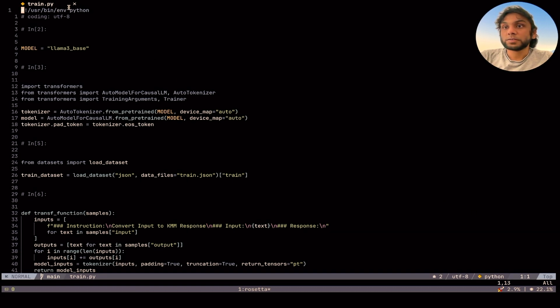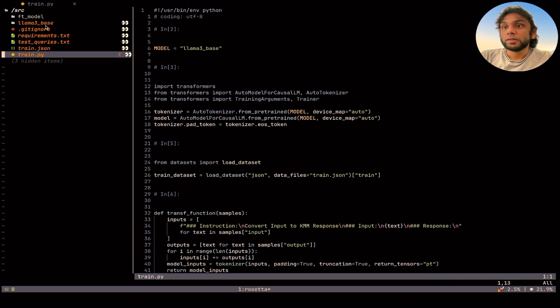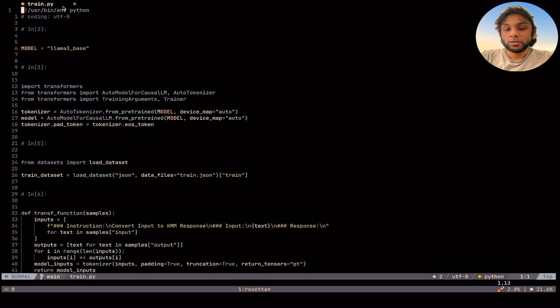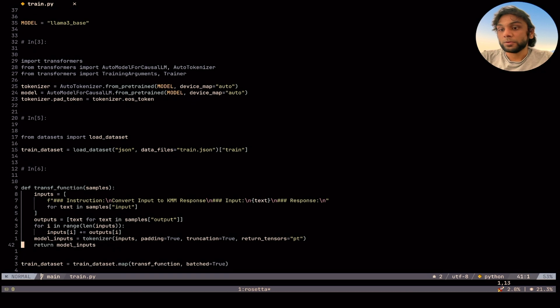I'll give a quick walkthrough of the script that I put together for fine-tuning the base Llama 3 1B model. Looking at the directory structure, there is a Llama 3 base folder, which is the folder for the base model files. There is train.json, which is the training data, and there is a train.py file. Looking at the train.py file, you'll see that I've used the transformers library, and I've also prepared the script to use